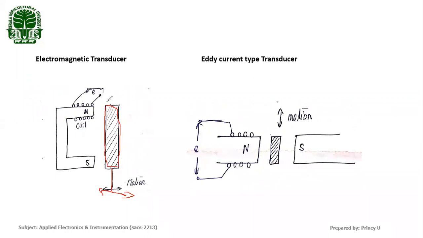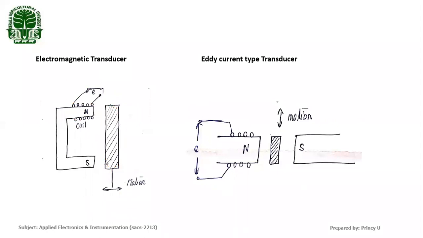So when it moves into this position or near to the magnet, what happens? It's a ferromagnetic material, so it experiences the magnetic field of this permanent magnet. So there is a change in magnetic field when a ferromagnetic material approaches the magnet or moves away from it. Here a coil is wound on the permanent magnet. At the end, we take the ends of the coil to a voltmeter. That voltmeter deflects and this gives an output voltage. That output voltage is proportional to the motion of this object.